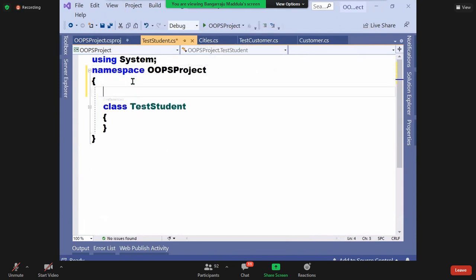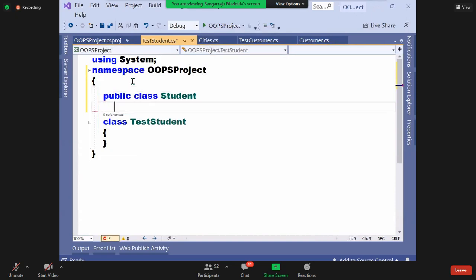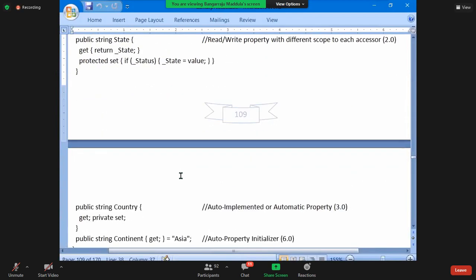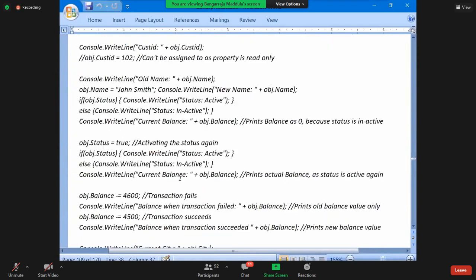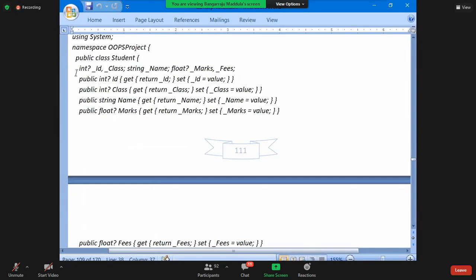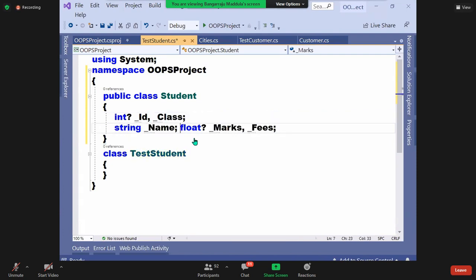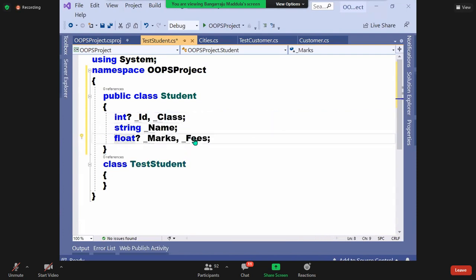In this, I am defining a public class Student. And this class Student is going to have the attributes of a student. What are the attributes? ID, name, class, marks, fees.